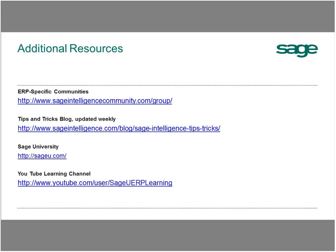To that website, there's going to be forums where you can post questions or search the existing knowledge base, or there's existing groups for each ERP platform. So you can go to a landing page specifically to Sage 100 and look at all the resources dedicated to your ERP. You won't have to sort through things for Sage 50 or Sage 300 or any other platform that you're not currently utilizing. The Sage engineers run a weekly blog as well,